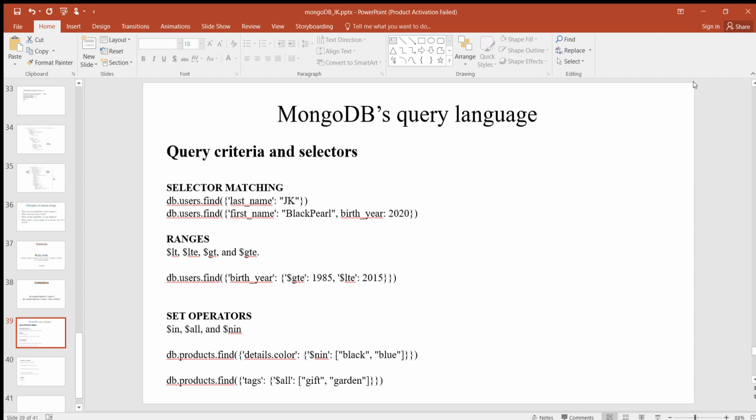Okay, set operators. There are three query operators in all: $in, $all and $nin. They take a list of one or more values as their predicate, so these are called set operators. $in returns a document if any of the given values matches the search key.